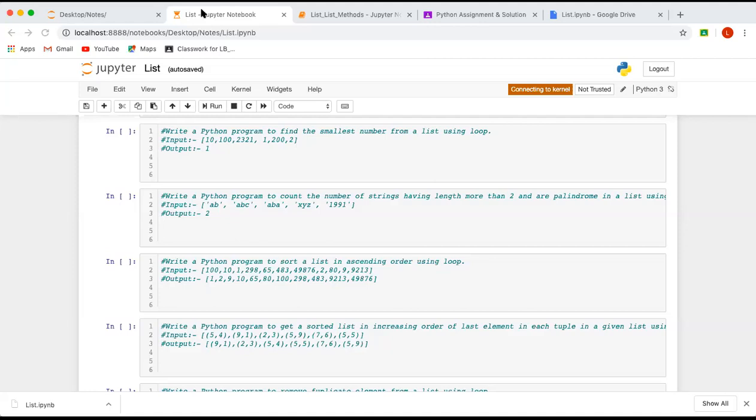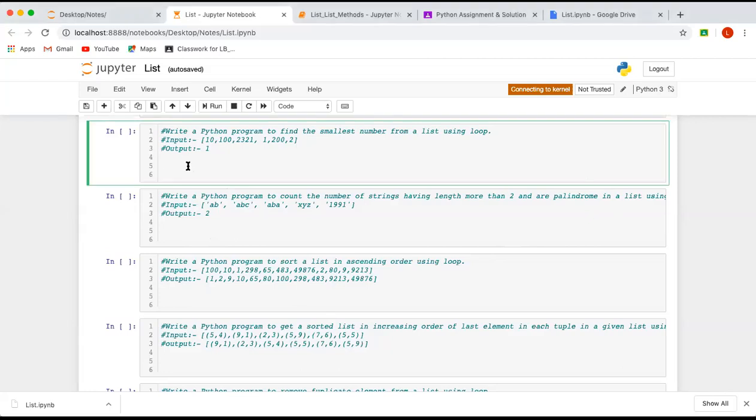So max is simple, but try it with the loop also. You can do one thing: you simply write max and pass the list inside it. That will give you the maximum value inside the list. So you don't have to run the loop. Don't run the loop if you are using the max function. But without using the max function, try to do it using a loop, with the comparison operation. Now, once it is done,